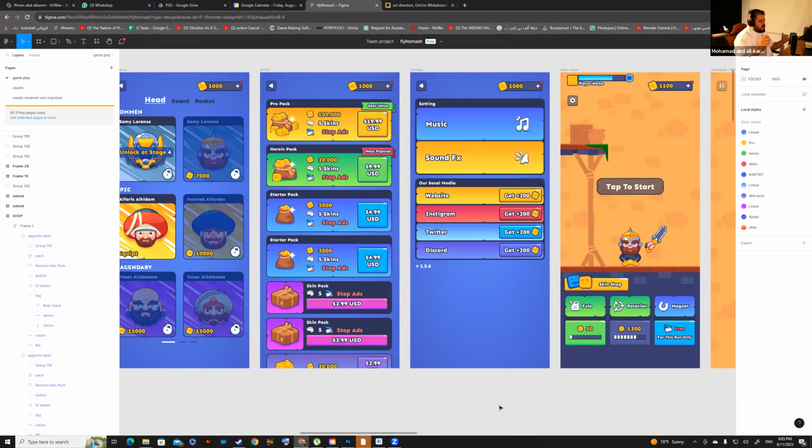If you're building an IP for your studio and you want a visual identity, it's much better to have your own graphics. You can always expand on that and maybe build your own library that you can use on another game or another prototype. But if you only buy assets from the store,